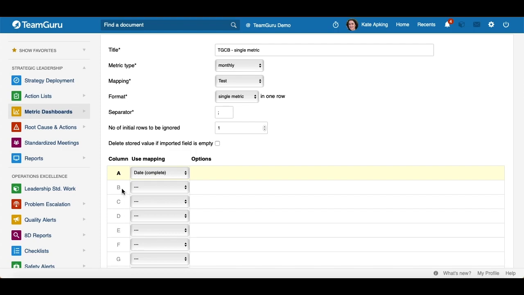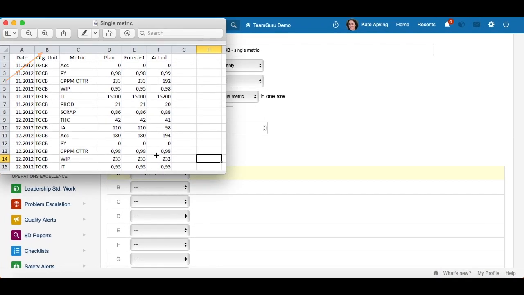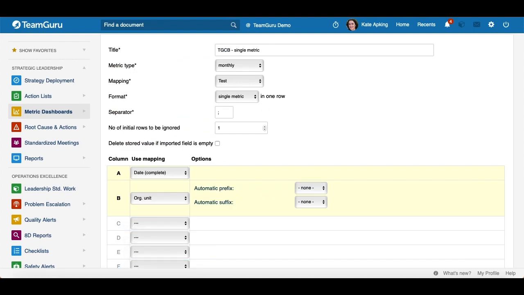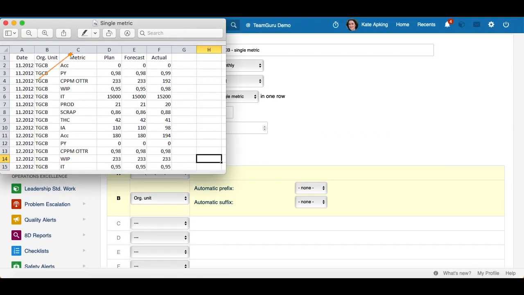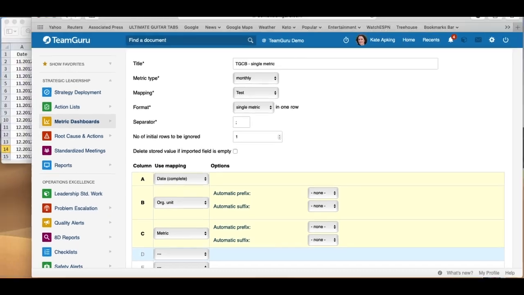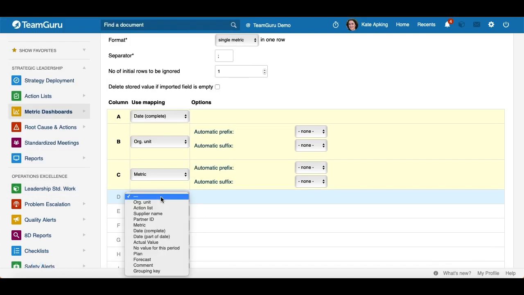And we continue with other columns. Column B in your document is used for org unit, so from the menu we'll choose org unit. Column C is used for metric, so from the menu we'll choose metric. And D, E, F columns are used for plan, forecast, and actual, so I will enter plan,